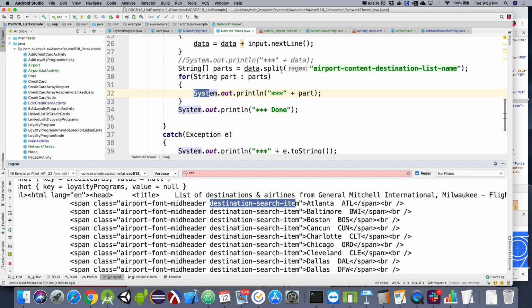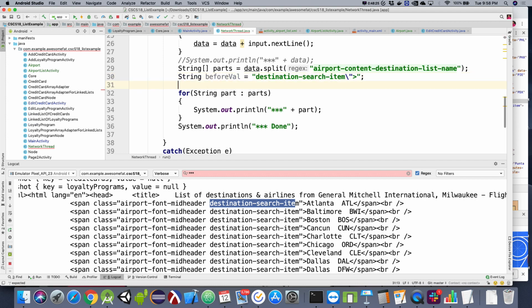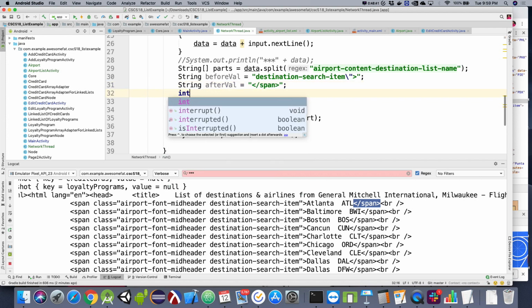So string before val is equal to that. String after val is equal to, doesn't matter, I'll just be verbose with it. That. All right, and then we're going to say int